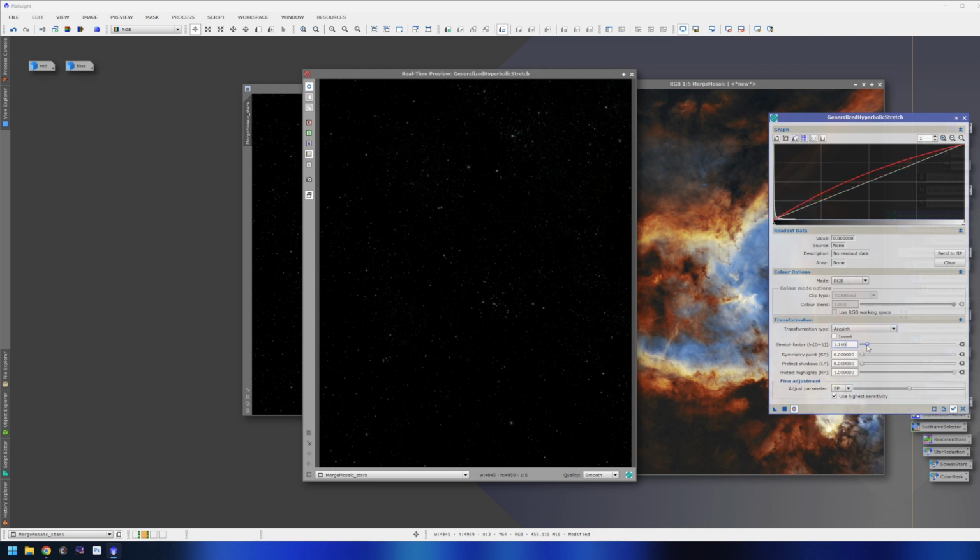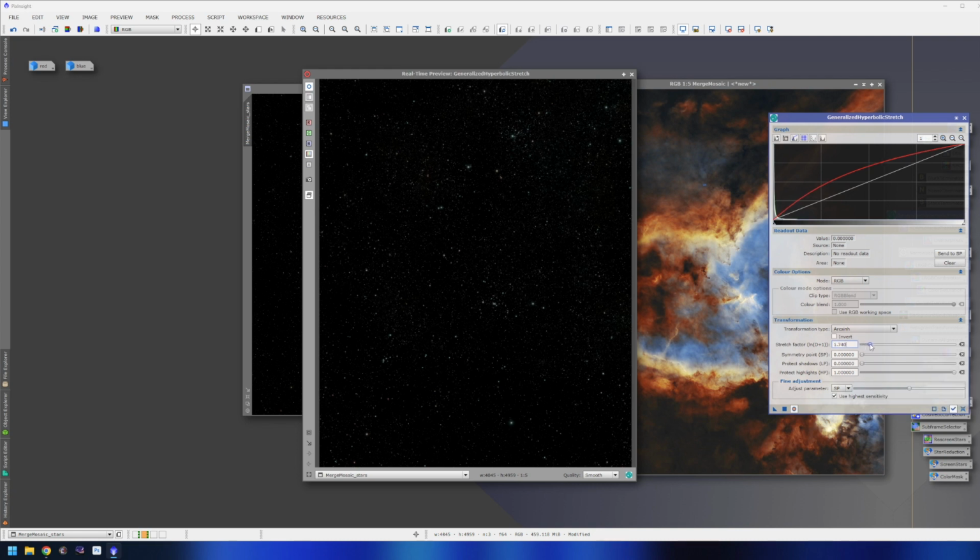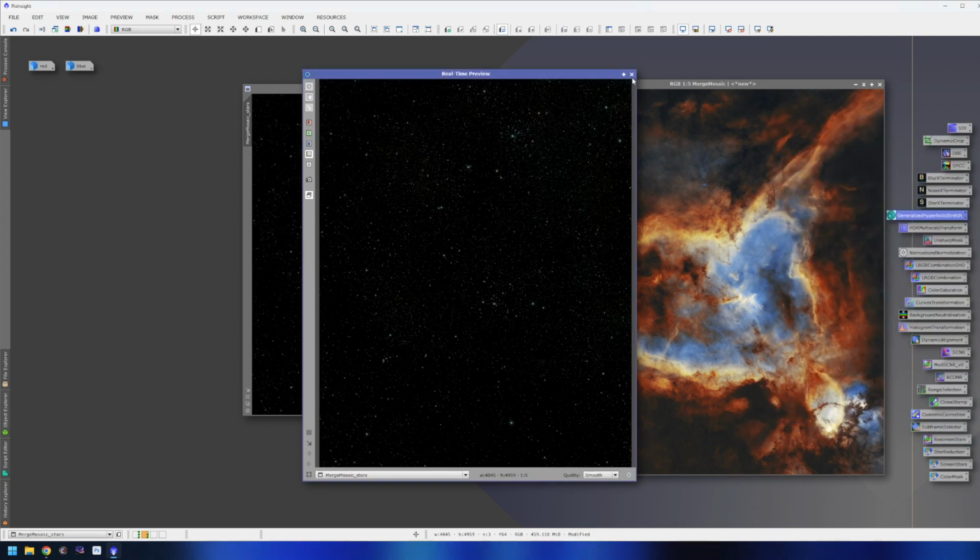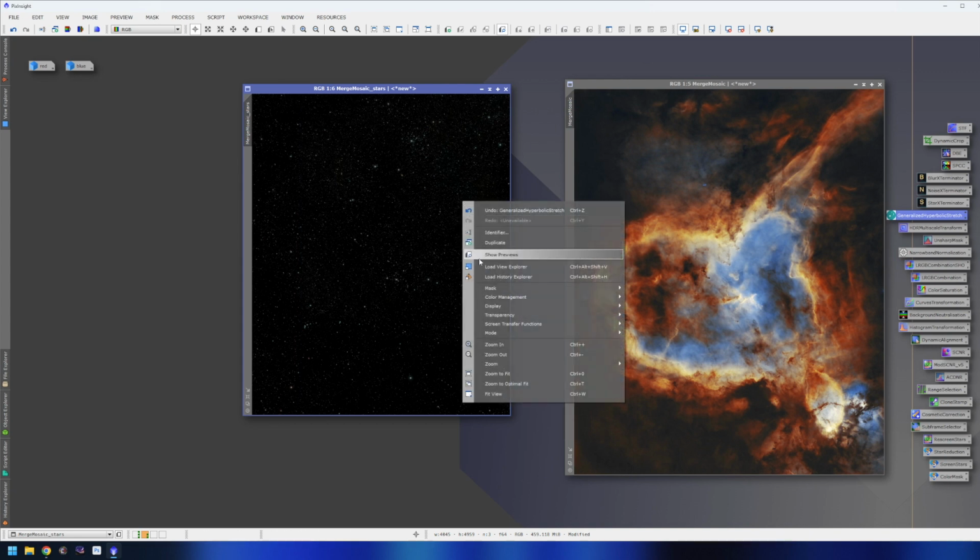Maybe a little more, so I can also see some of the halos, because for some stars that the cores are actually oversaturated or are fully saturated, the star color is only visible through the halo, so in some cases it's really needed. Okay, I will stop here, close the generalized hyperbolic stretch, and open